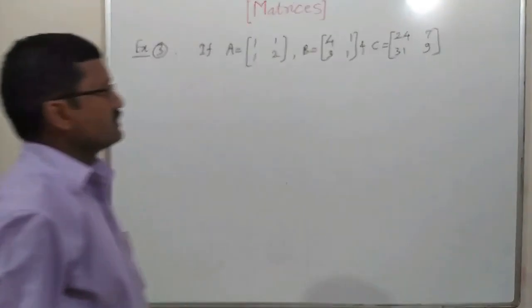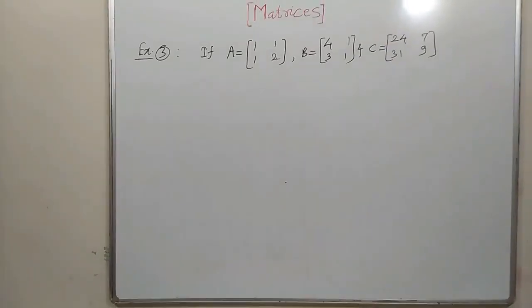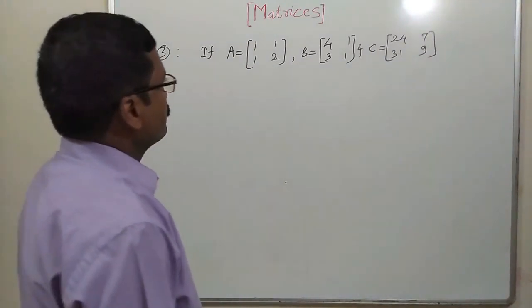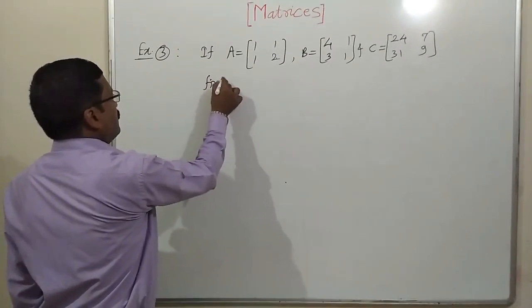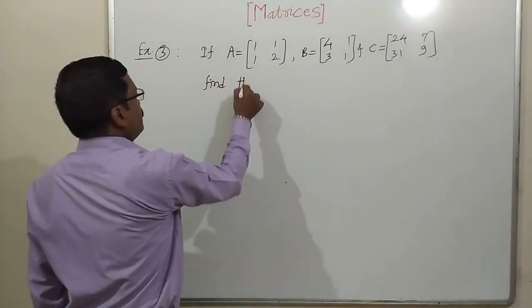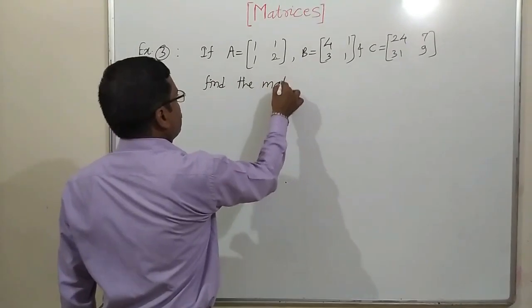C is equal to 24, 7, 31, 9. And in this example, we have to find the matrix X. If these 3 matrices are given, then find the matrix X